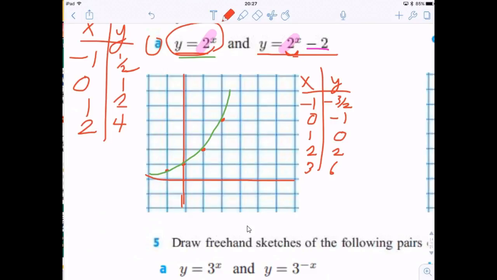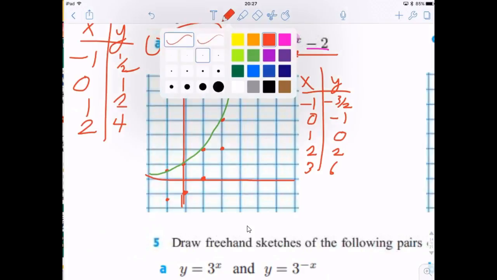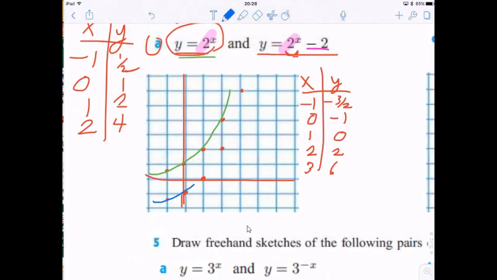So I got -1, -3/2, it would be about here. I got 0, -1, it would be here. 1, 0, it's here. And you can see it's starting to make a pattern. 2, 2 is here. You see how every single point is simply 2 units below the points on the green graph. Finally, 3, 6 would be here. Okay, and then I'm going to graph it using blue. So you can see that the blue graph is simply the green graph, and every single point is lowered by